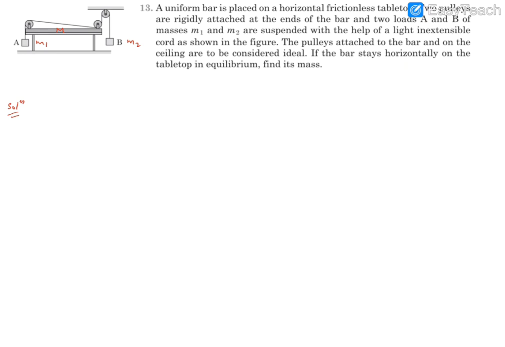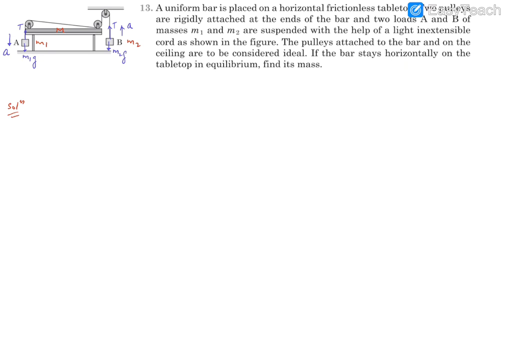We can think of this cord passing through like this. Since these two blocks have different masses, there is going to be motion. We can think of this one moving downward with acceleration A, and this one moving upward with acceleration A. So we are taking M1 greater than M2. There is going to be tension acting, of course. So there's going to be T here, and T here. Apart from this, there's going to be gravitational force M2G, M1G. I have just drawn the free body diagrams of the two blocks or masses.